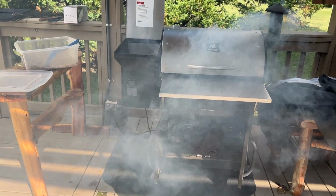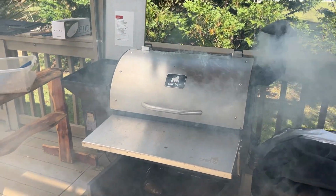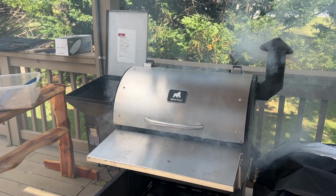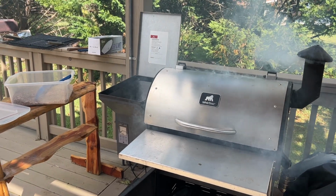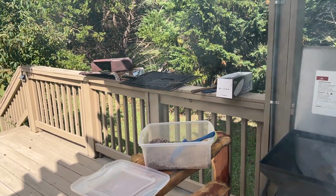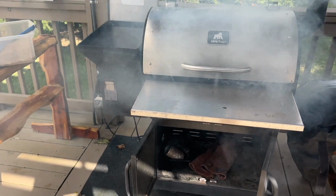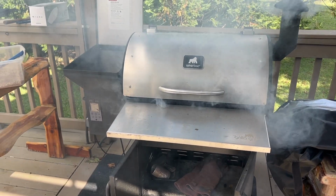I'm up to 110 degrees. And that way, once this thing is up to 380 and I'm sure that everything is burned off like it's supposed to, I will open the hood, turn it off, let it cool down, and then I'll go back and empty everything out of the smoke pot. You can see I've got everything pulled out, resting up here just to kind of get it out of the way. But yeah, I figure a cycle through at temperature will clear this out, and should be good to go